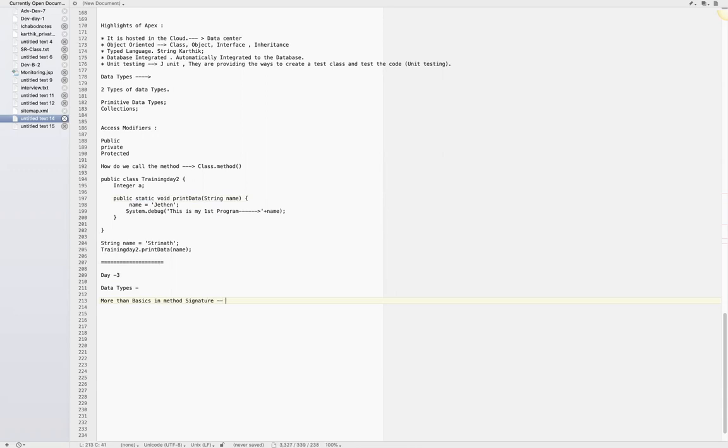What did I write? I put static, right? What is static? Basically, static means, whenever we are using the method as a static method,